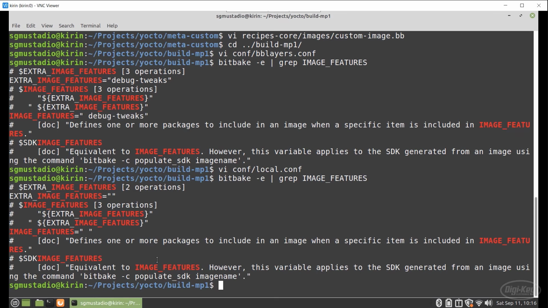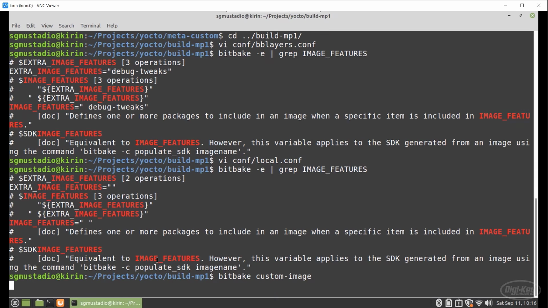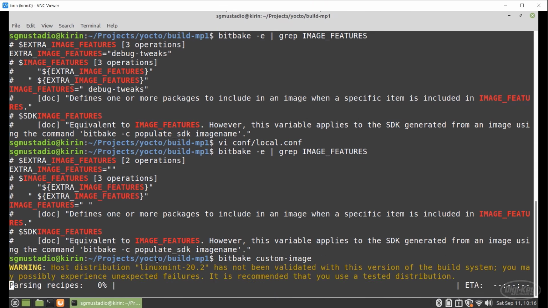At this point, we are ready to bitbake. So instead of calling bitbake core-image-minimal, we're going to bitbake our own custom image because we added that layer, which contains an image. So bitbake custom-image is the name of our particular image. So let's go ahead and run that, and if it all goes well, hopefully our image will be baked, or